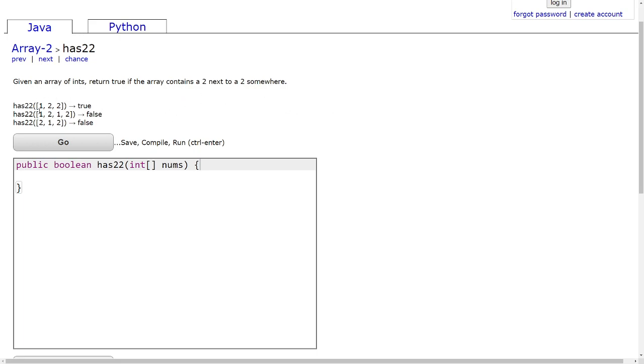Here we can see an example. If the array input is 1, 2, and 2, then we return true because there's a 2 followed by another 2. And in this case, the array is 1, 2, 1, 2. And we return false because nowhere in this array do we have an element that is 2 and then followed